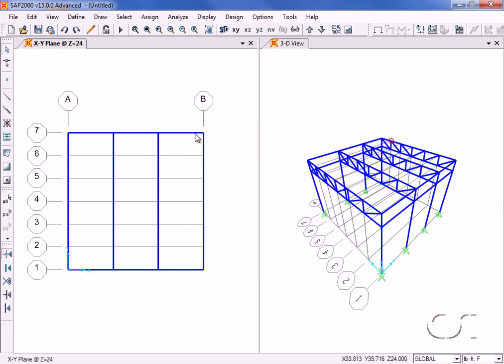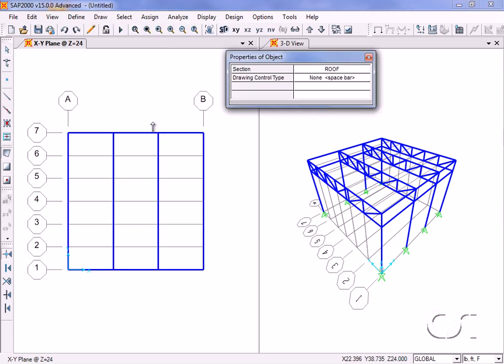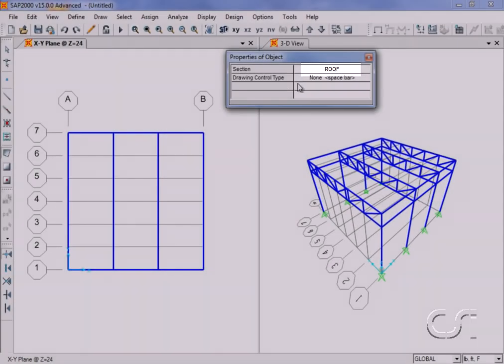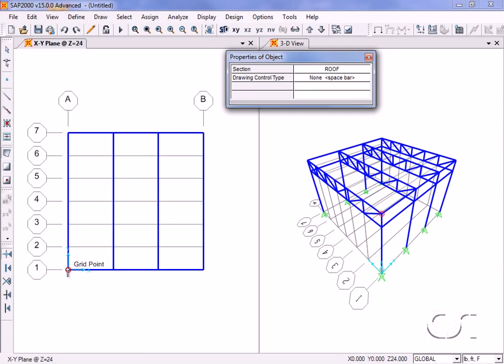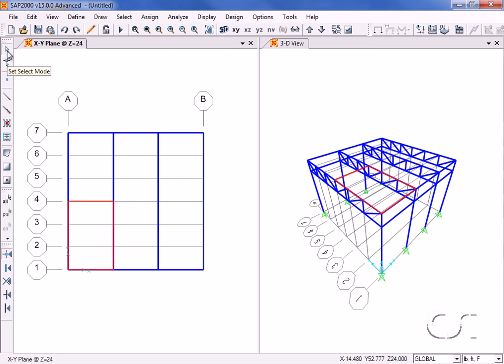Next, draw one of the deck panels by using the Draw Poly Area command. Make sure that the property is set to roof, and then click on the 4 corner points followed by the enter key to define the first roof panel. Leave the draw mode